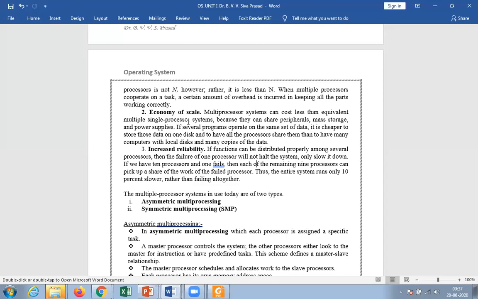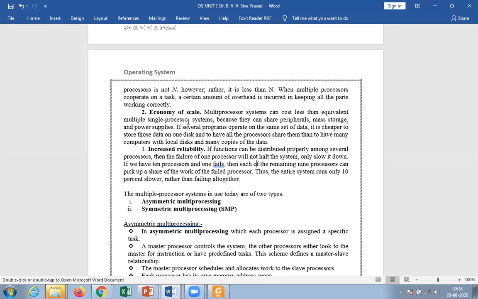A simple example is if you want to purchase a hard disk. Suppose a 1 terabyte hard disk costs around 4,000, but a 2 terabyte one costs only 5,000. The difference is only minimal, 1,000 only. If you want to purchase multiple hard disks, you have to purchase one 1 terabyte hard disk for 4,000 and a second 1 terabyte hard disk for 4,000, so it costs around 8,000. But a single 2 terabyte hard disk costs only 5,000.